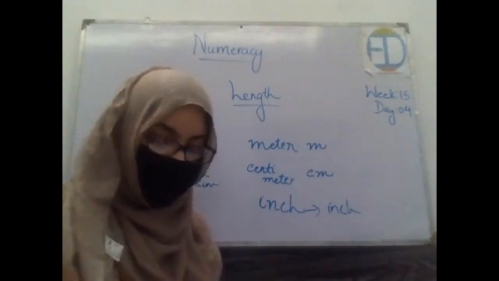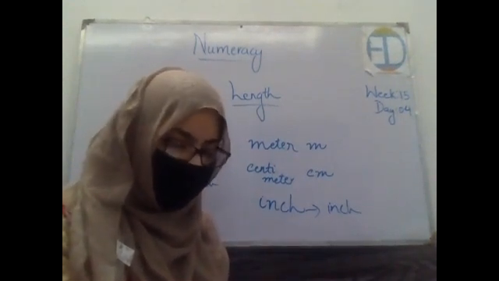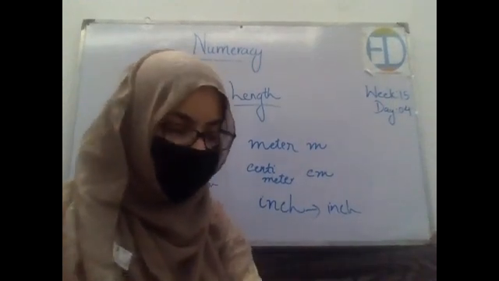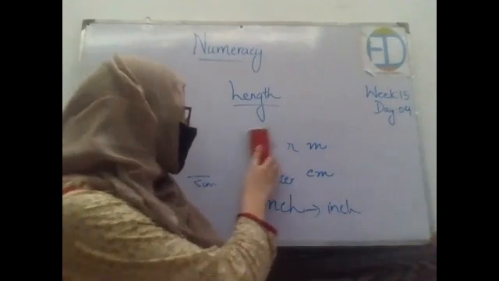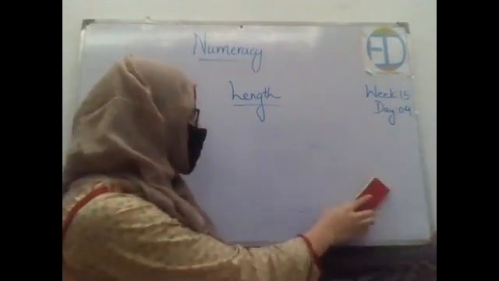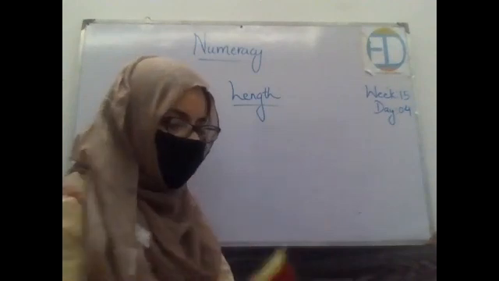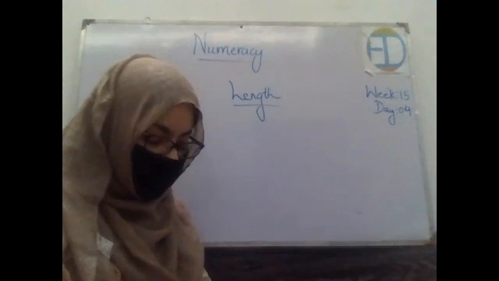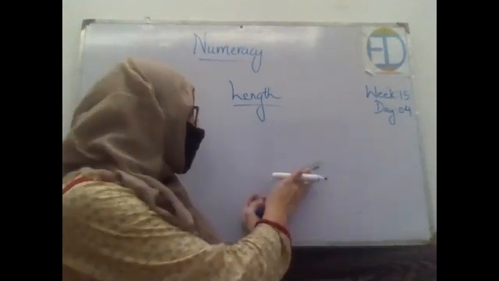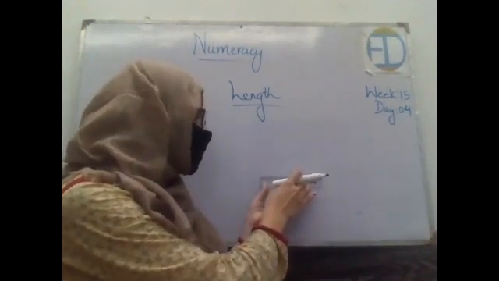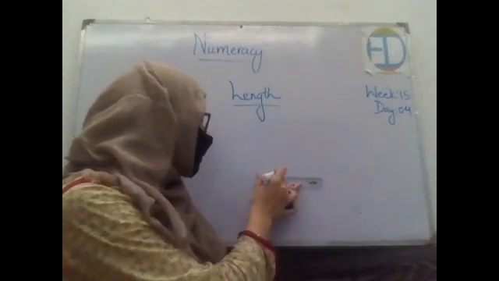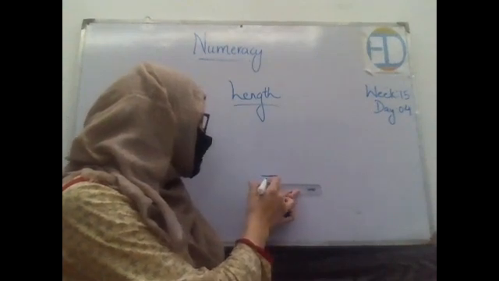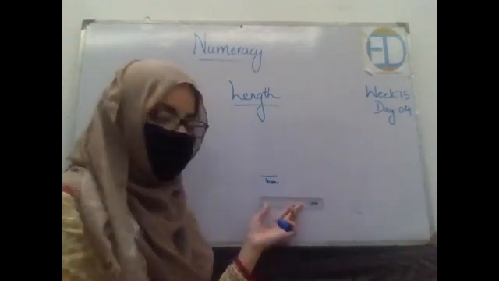Okay, now let's move toward exercise number 4. Draw lines of these lengths and write the measurements as well. All of you have your rulers with you? Okay, wonderful. So let's practice drawing the lines. The first line is of 4 centimeters. So again, we will be doing the same practice. You will just put your ruler like this on your notebook. Make 2 dots, first at 0, the other at 4, and then join the 2. This is a length of 4 centimeters.